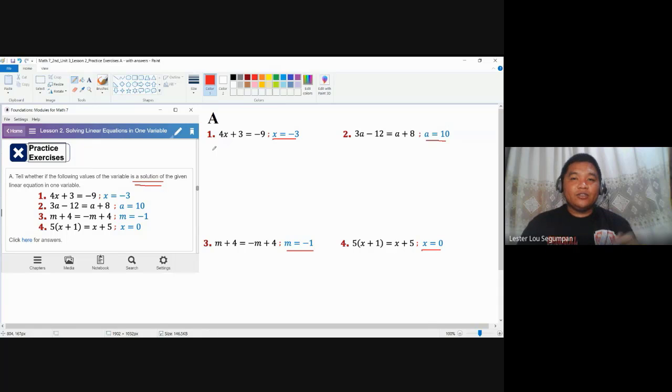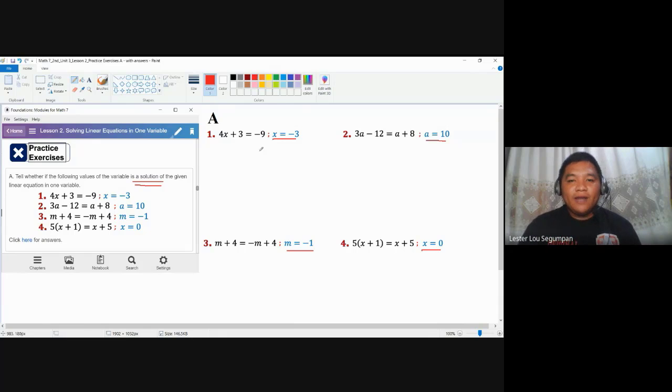I'm just going to make a short disclaimer here. Even though the process will be very obvious later on, the goal is not to predict what will happen. The goal is to make sure that both sides of the equations will have the same value. In short, no matter how obvious the process is, do not stop until you reach a step where both sides are equal. Let's start with number one.